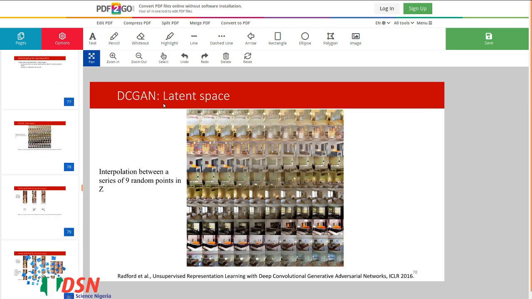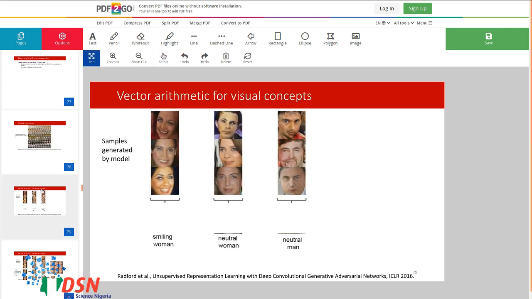Okay, so let's talk a little about that latent space, or the Z, which is the first layer. It is kind of interesting. Let's say these are some woman's faces. The related noise samples that generate these, let's say these are Z1.